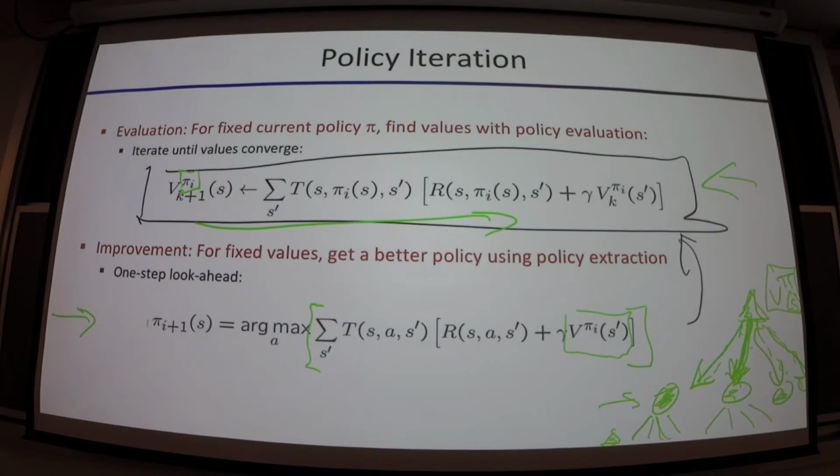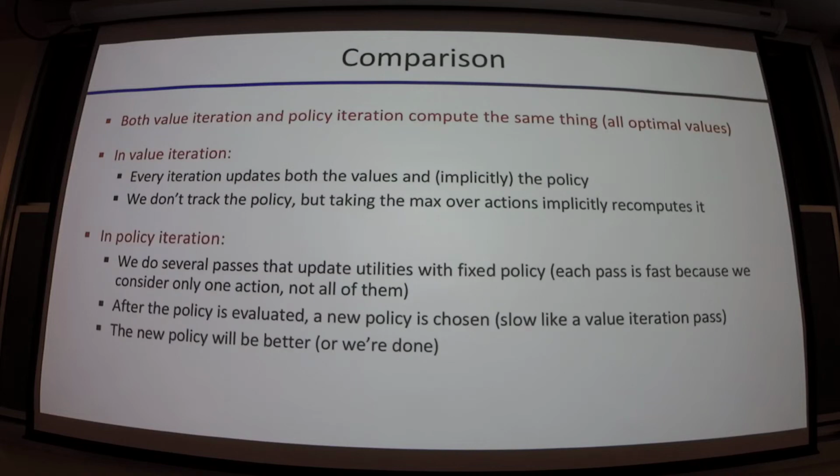Okay. So that's policy iteration. We improve the policy, we evaluate the new policy for some fixed time or some number of time steps or until some convergence threshold. Then we update our policy, and we evaluate the updated policy over and over and over again. Both of these are describing dynamic programs for solving MDPs, just a different way of solving MDPs.